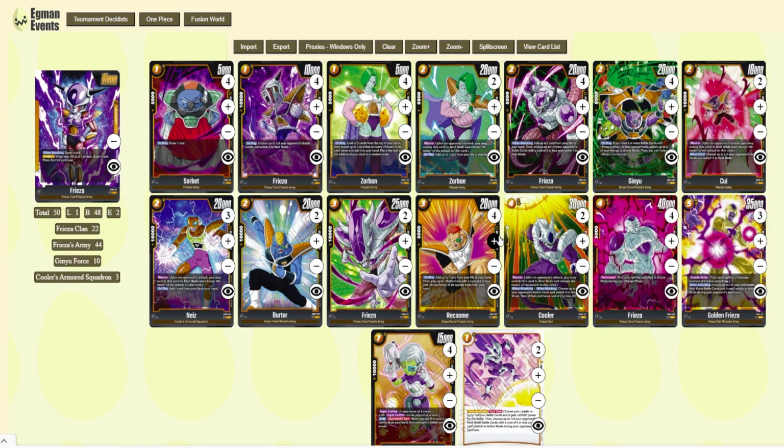So generally, we want to awaken as soon as possible because we get so much value from this leader. So we go down to 4 very quickly, and then we just get a bunch of 20k attacks, as we'll see in the video too. So that's pretty standard for what we want. We do have to be careful about our Frieza armies in case we need to get that free Ginyu energy